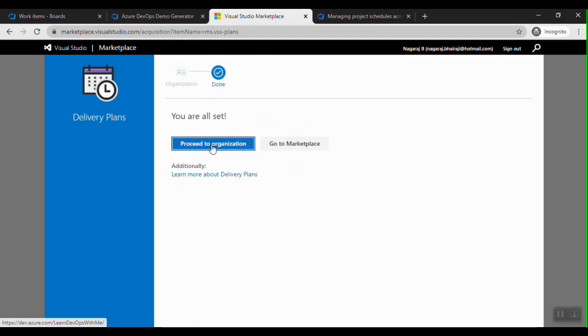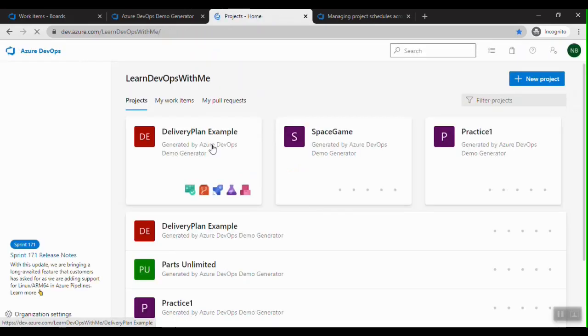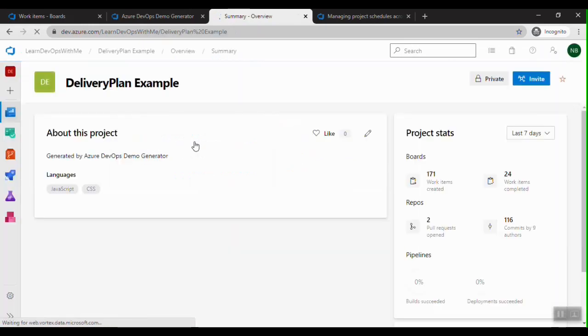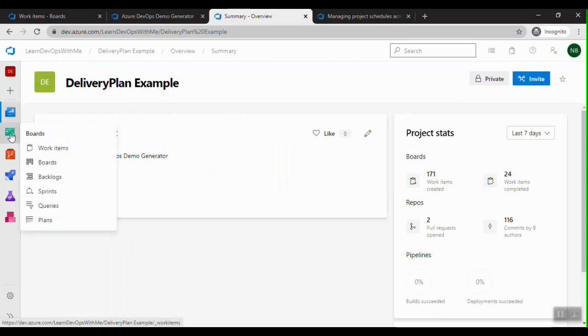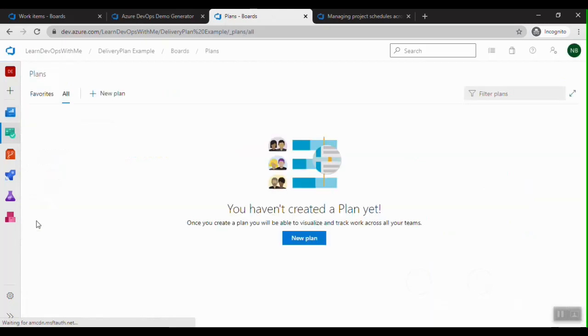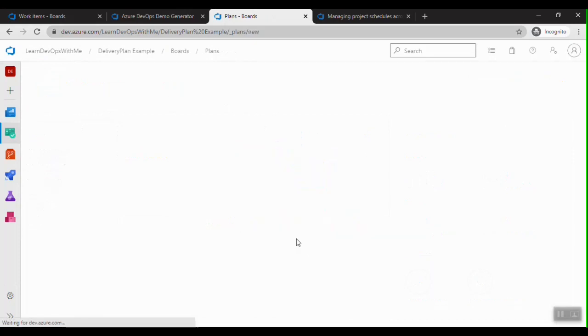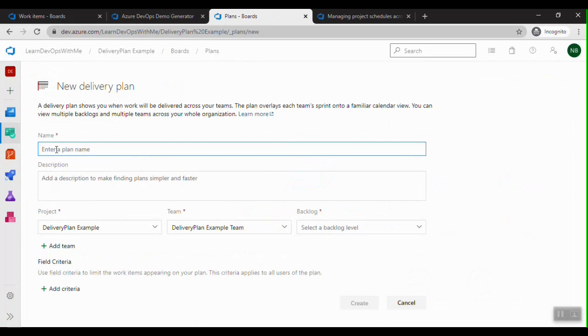So let me click on proceed to the organization. Then this is the team project we created, delivery plan example. Let me click on that. And if I go to the Azure boards, I can see the plans here. So currently it's empty. So now let's create a new plan and I can give it a name.